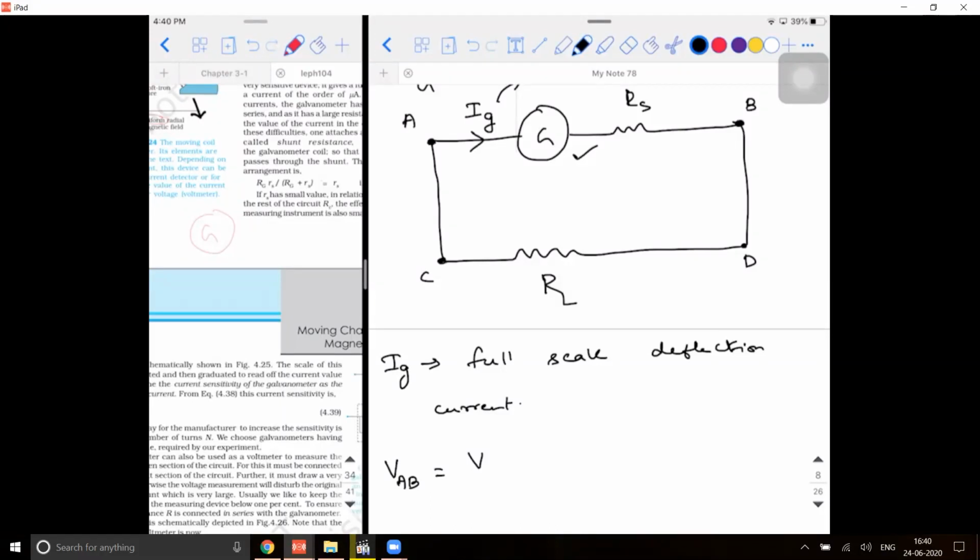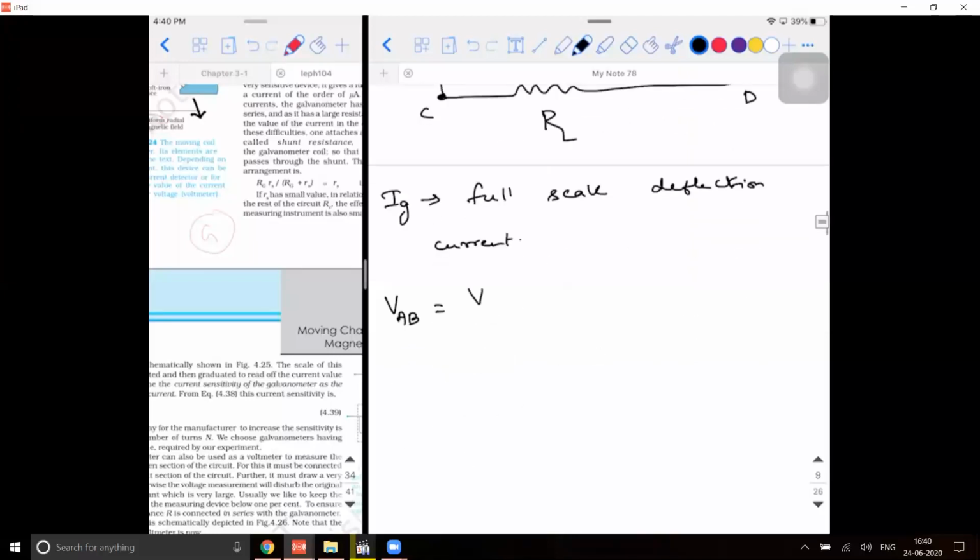Then I ask you a question: what will be the value of the series resistor that you will choose across this particular combination? If I ask you a question like this, what are you going to do? So what is the requirement I told you? I told you the potential difference between A and B should be V. It can be 5 volt or 10 volt or 5 millivolt. It is up to me. Right? What else do I know? I know the resistance of the galvanometer, G. I've told that value also.